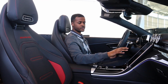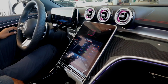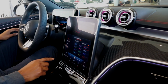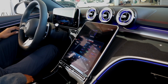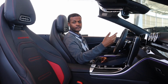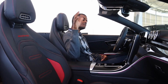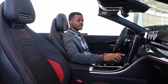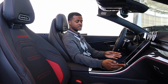Something that's nice about this screen is it's shared from the SL63, and what I mean by that is this screen will pivot, so you can hit this button here and you can tilt it so that it adjusts depending on where that sun is. Some of the cars have it fixed where you can't do that. The SL, being a convertible, has the same feature. Why is that important? Because with the roof down, the sun might be in a different spot and you may need to tilt that just so you can visibly see the screen. Very easy to use, and you can pick a different angle to tilt that screen very quick,